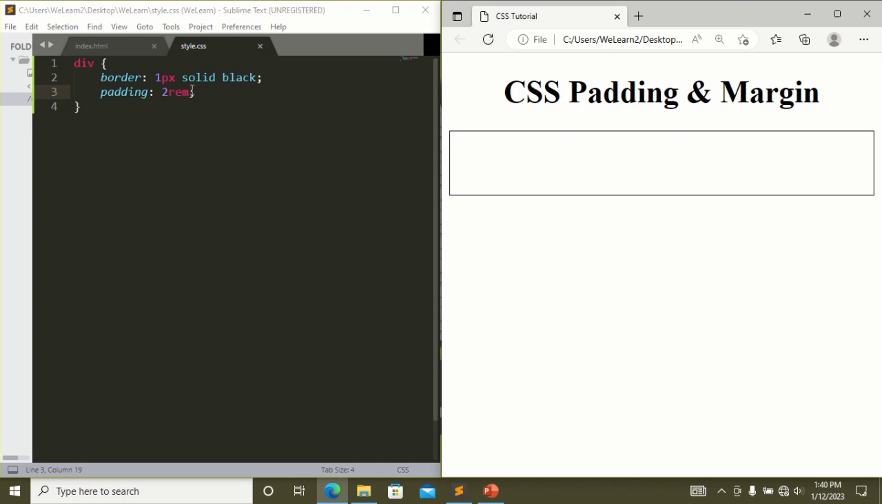But when I add another measurement, say 1 rem, what this is going to do right now is that the first number, that's the 2 rem, means top and down. For the vertical, that's the y, top and down, it's going to be 2 rem, and then the 1 is going to take the horizontal, that's the left and right. So when I save and refresh, you see it's going to